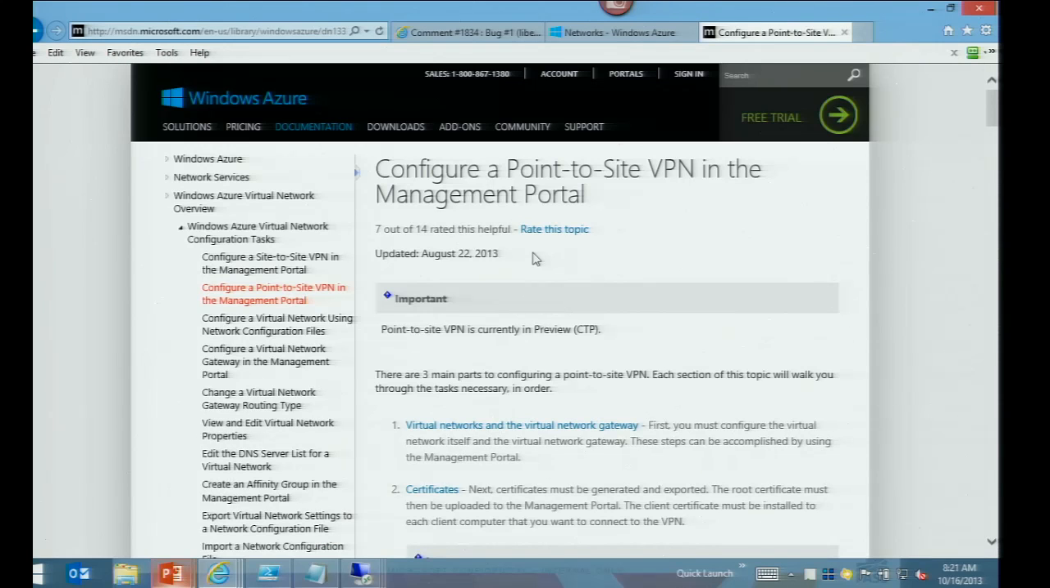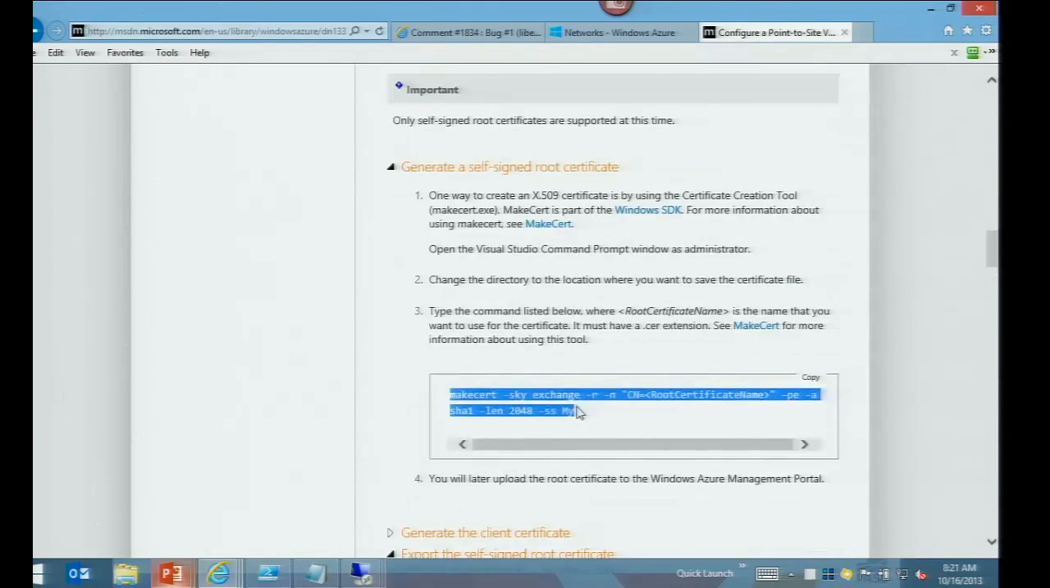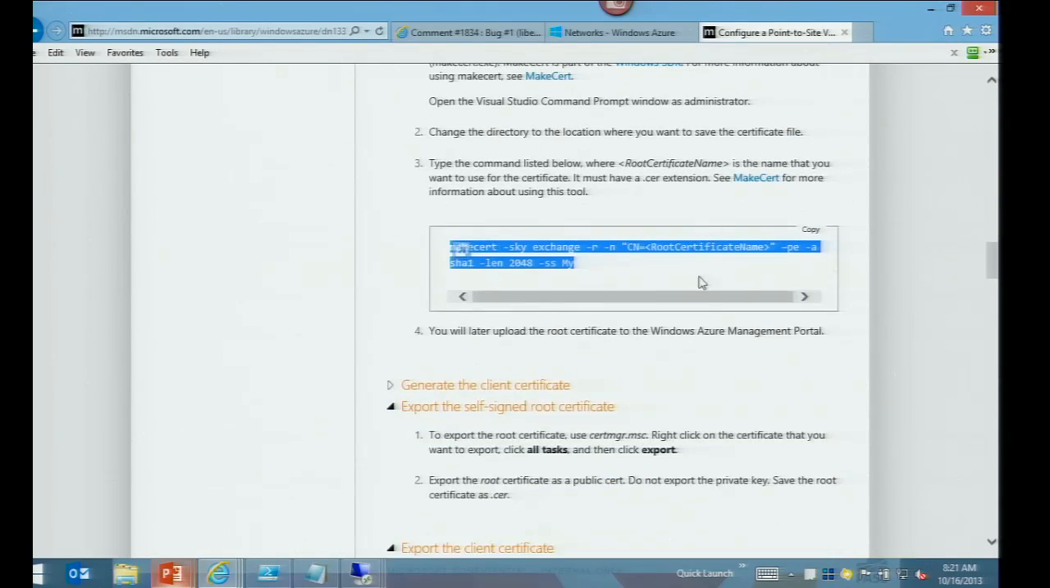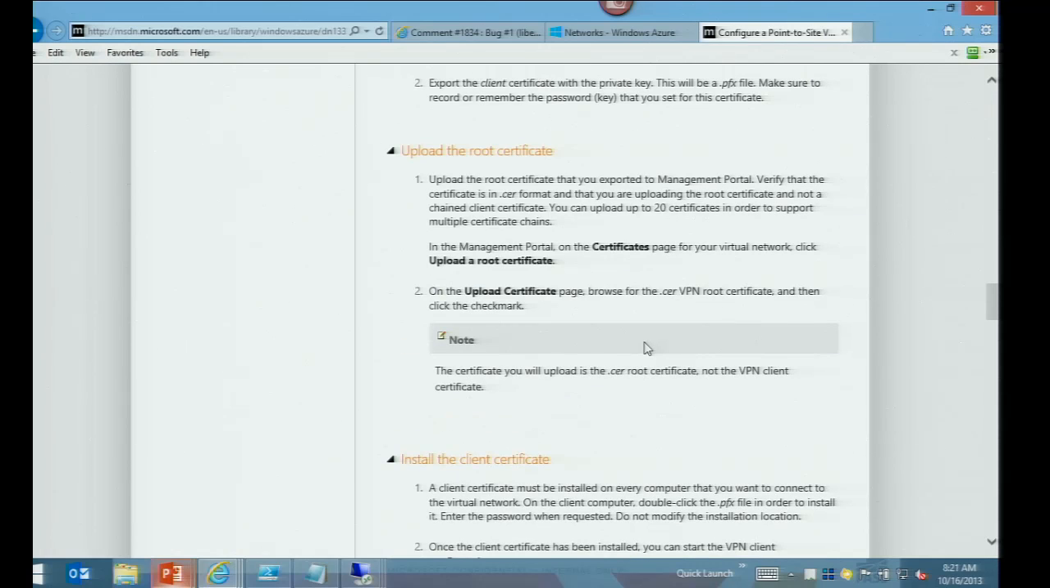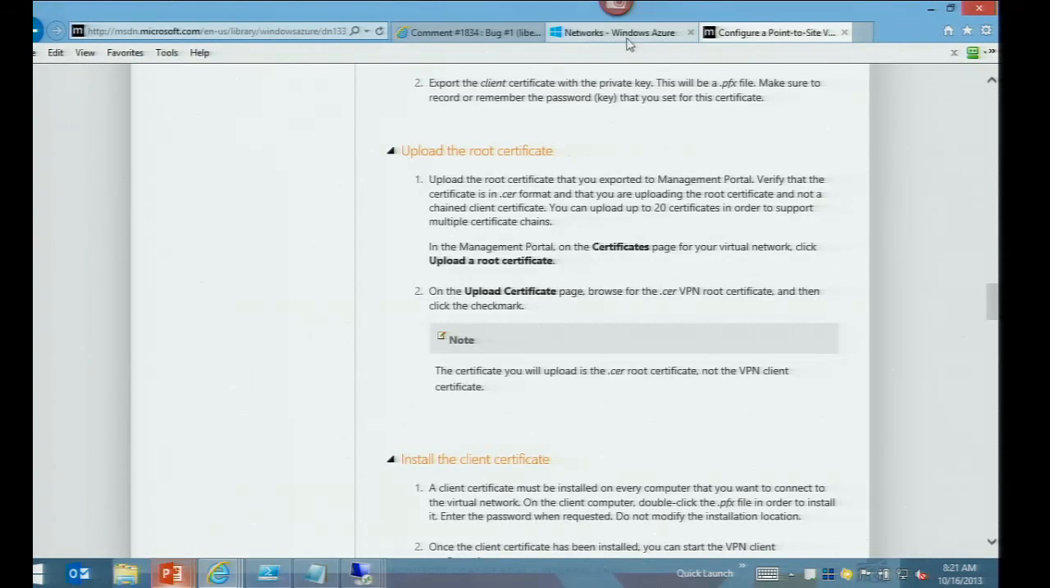So the instructions for that are here: Create and configure a point to site VPN in the management portal. The steps: I've got to just run a couple of command lines here to create the root cert, and then create a cert for the VPN, and then upload the root cert. And then once you've done that, let's go back and,